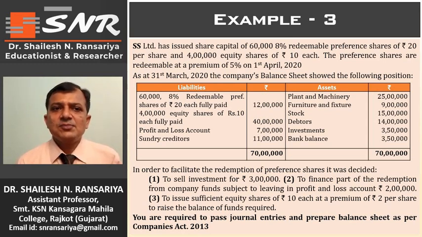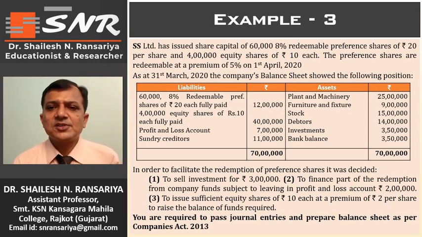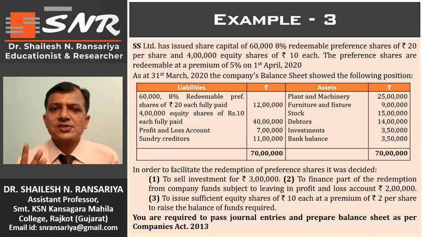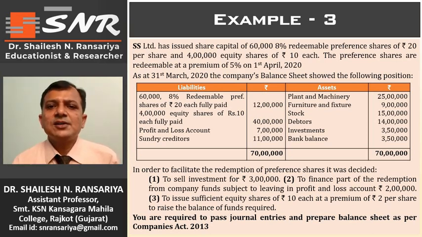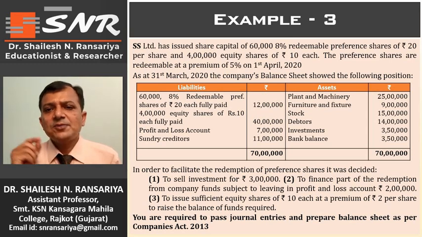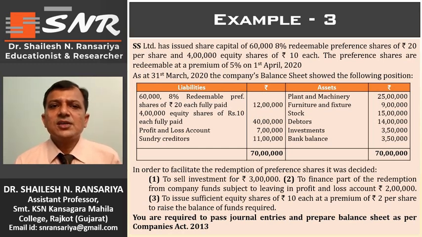See, in this example, company wants to redeem RPS at 5% premium. So for this, company can make provision by two sources. First, by provision of CRR. Number 2, issue of new shares. In this example, instruction is given regarding CRR. So first we will calculate the provision for CRR and for the remaining balance we will calculate amount of new shares. One more thing, new shares are also issued with the premium rupees 2 per share.